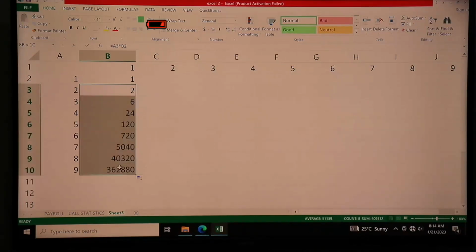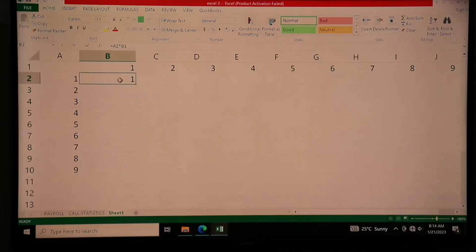So this means that in such a situation, we must use absolute referencing. The formula we have typed here is A2 multiplied by B1, where the column A is supposed to remain constant, and the row 1 is supposed to remain constant. In this formula, column A is supposed to remain constant. So I'll put the cursor before column A and put my $ sign there.